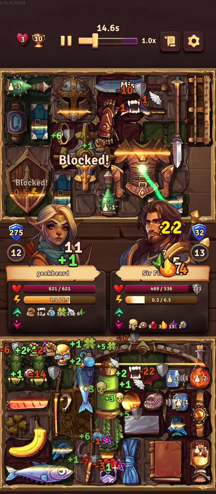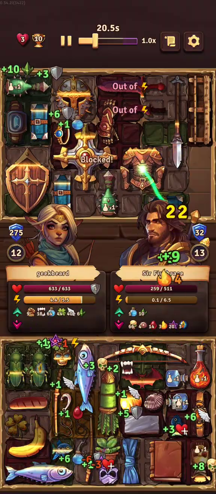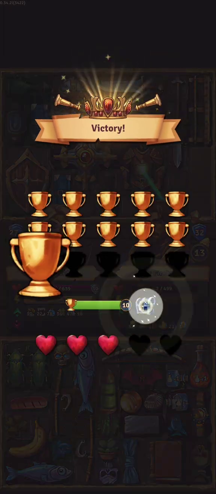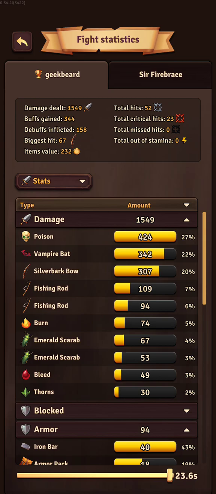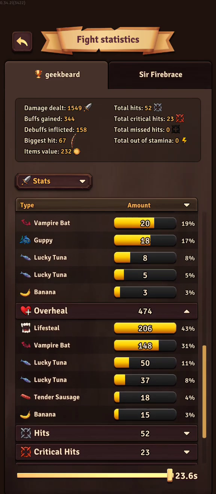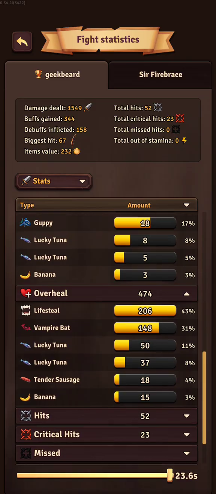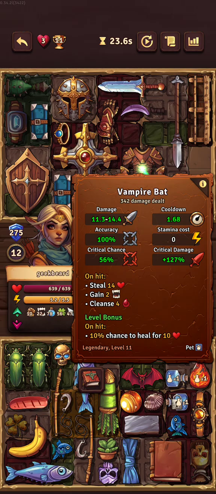We have way too much mana. Way too much mana. A lot of luck for the beetles is good. You can't even spend this amount of mana. We have 78 mana. Poison, vampire bat, silverback bow. Lifesteal, vampire bat. Wait, where did he deal 342 damage, but he only healed us for 148? What's his damage? 11 to 14. Oh, okay. 10 might? Where do we even get the... Oh, from